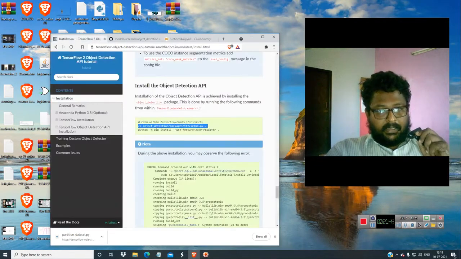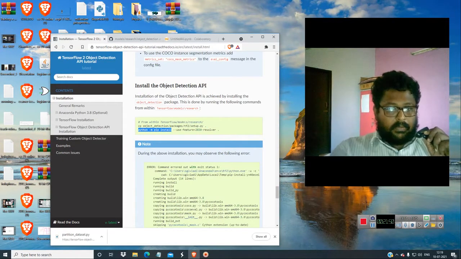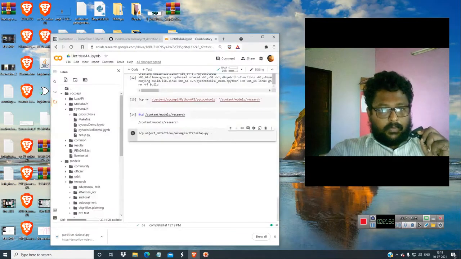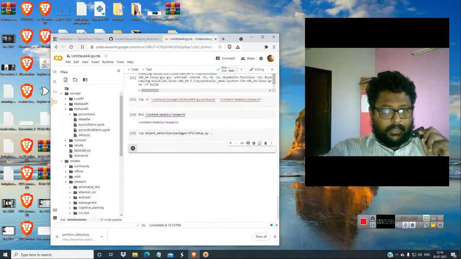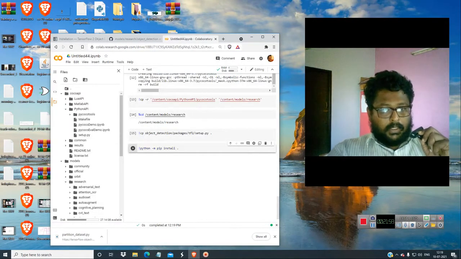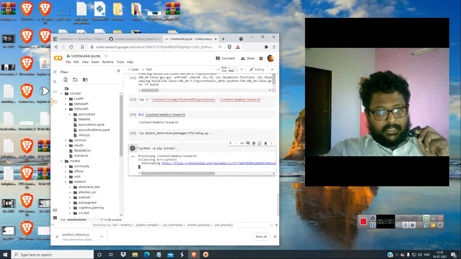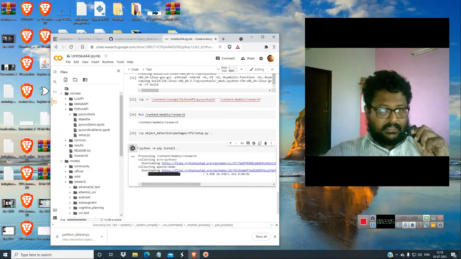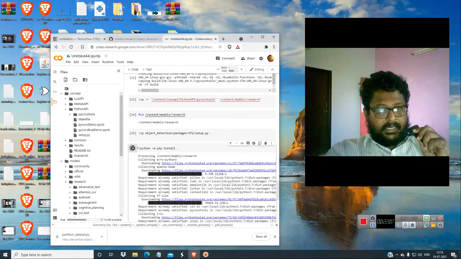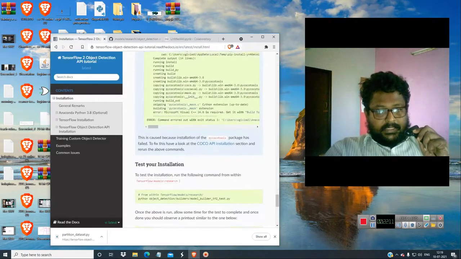It has been done. Then you have to copy python -m pip install. Sorry, Ctrl+C. Now get over here, put an exclamation mark, and just paste it, spacebar, dot. Now the object detection API should get installed. So it is getting installed. So it is a success. Okay, it's a really great success. We have done it. So we have to verify the installation again.